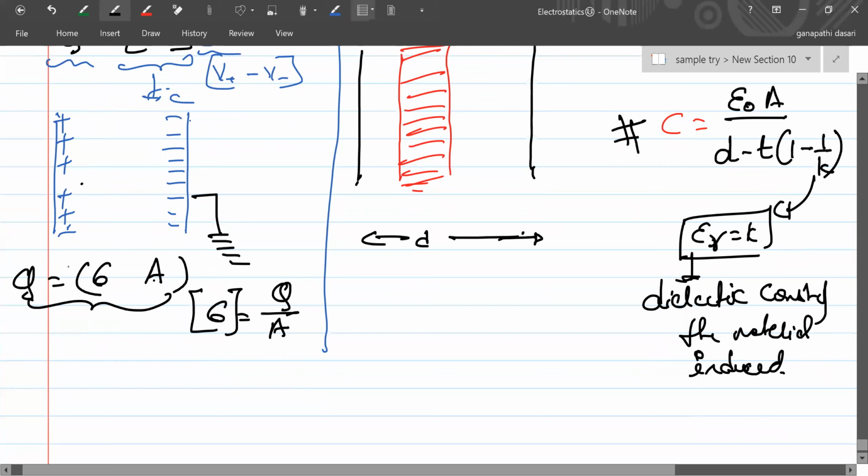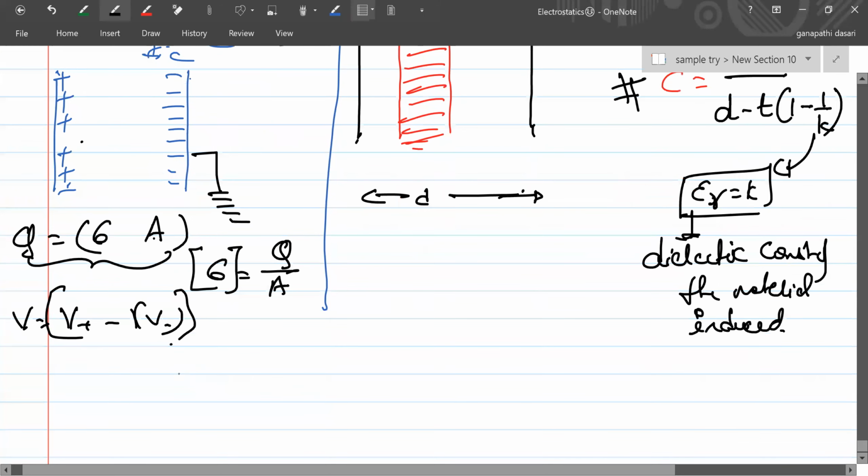Then find out the potential difference between these two plates, that is V plus minus V minus. We know that if you know the electric field, you can find the potential difference. If it is a constant electric field, the electric field is equal to dV by dx. So dV is equal to,